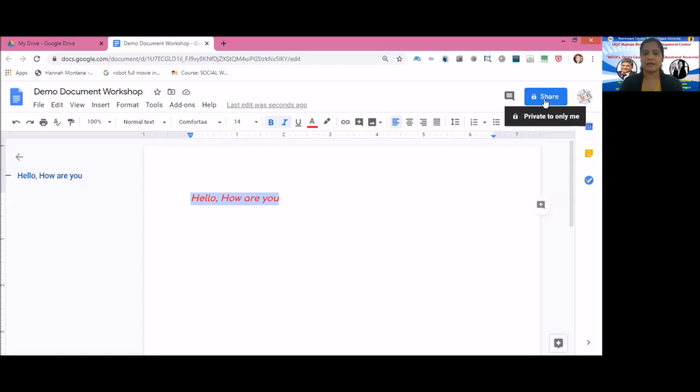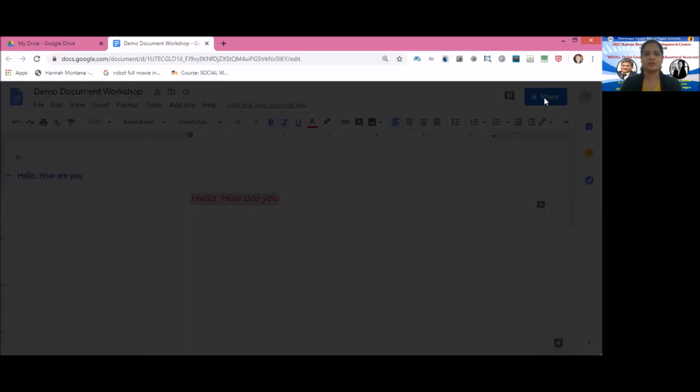Right now, as I am designing this document, it is in private mode and it is private to me only. But if I want to share it with my colleague, and if she or he wants to add some corrections or some points within the same document, that particular person can edit this document using this share link. So if your document is completely ready, then click on share.